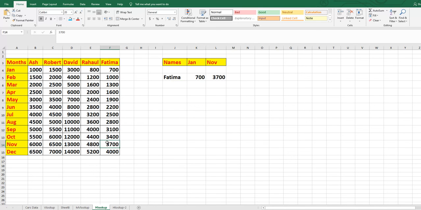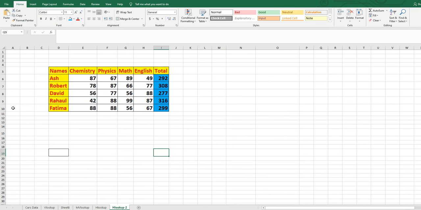You can compare the record from here, 3700. I have made another very simple example for you. See here, these are the names, same names are here, but here I have used the subjects. Suppose Ash, chemistry marks are 87, in physics he has 67, 89 in math, and so on. If you want to find out the